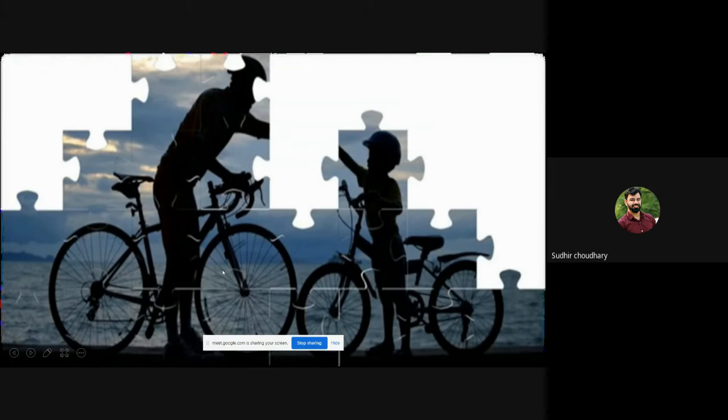Now we are getting one more piece of information: one bicycle is big and the other is small, right? And there are two riders also. One may be a trainer, the other a candidate. It can be a teacher also, or the father: father and son, student and teacher, trainer and candidate.